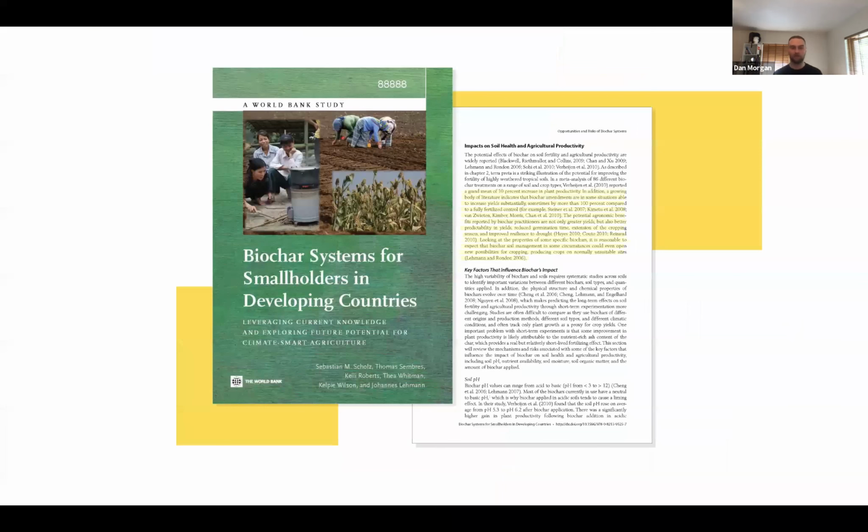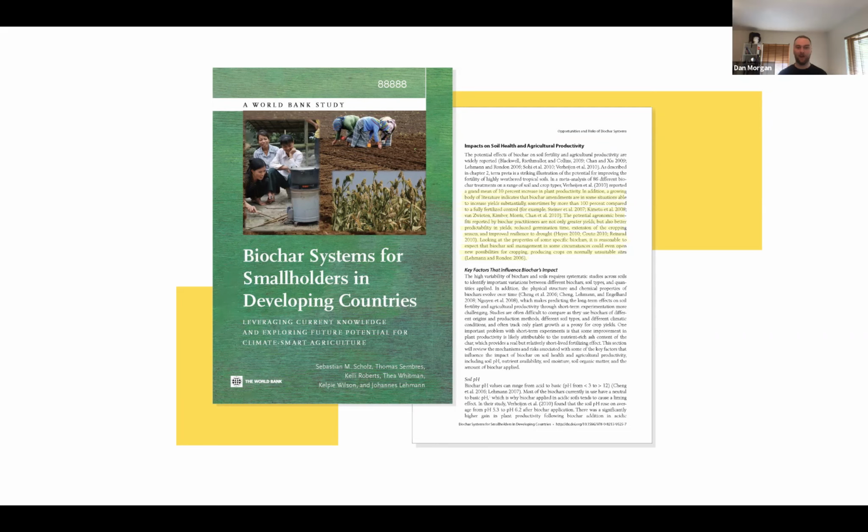So, going a little bit backwards, when we started this project, one of the things that really encouraged us was that the World Bank had done a study on biochar systems for small landholders in developing countries, and they had identified this as a real viable and valuable asset. And we thought, brilliant, but why isn't it out there? So through research and different testing and prototyping, we realized that yes, biochar has been around for thousands of years, but particularly for rural farmers, and particularly in, say, mountainous or rural regions,